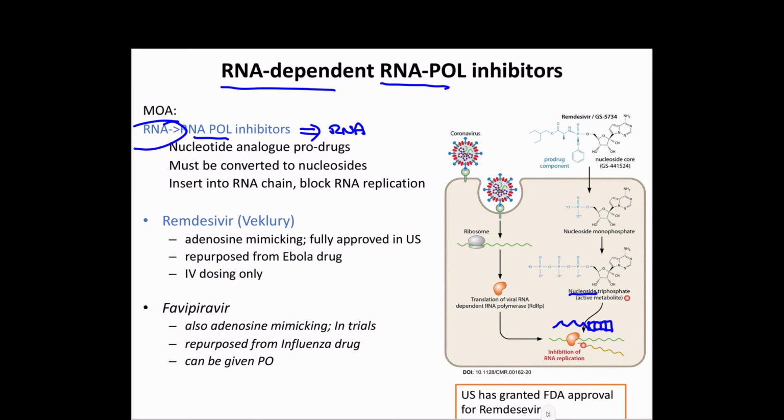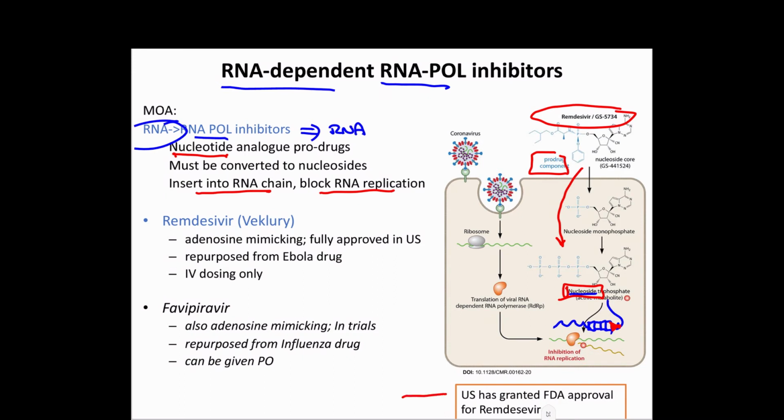A nucleoside analog drug is going to come in here and it's going to be wrong, and then it's not going to let that RNA chain continue. The drugs that we have in this class for SARS-CoV-2 right now are prodrugs. They come as nucleotides, and then they have to be converted in your body into nucleosides. At that point, they're going to be, as I said, inserted into the RNA chain, and that's going to block the RNA replication. Remdesivir or Veklury is the only one right now that's in common use, and in fact